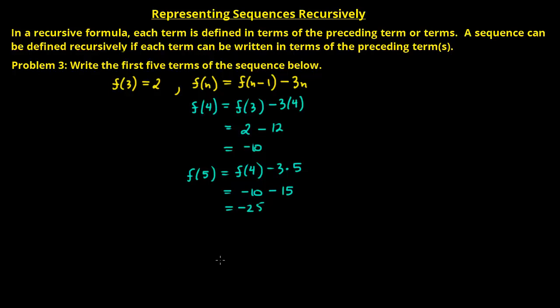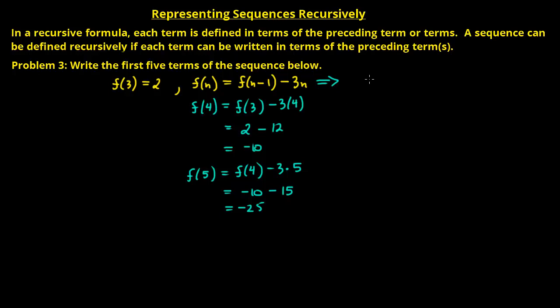Okay, so the next part of this is how do we figure out what f of 2 is and what f of 1 is? Because in order to write the first 5 terms of the sequence, we need f of 3, f of 4, f of 5, and we also need f of 1 and f of 2. So notice that this is an equation. And I can rewrite this equation